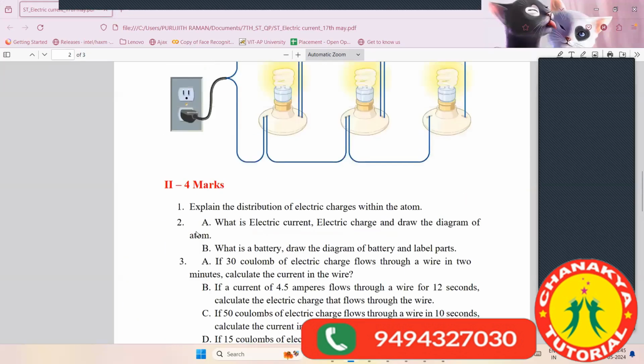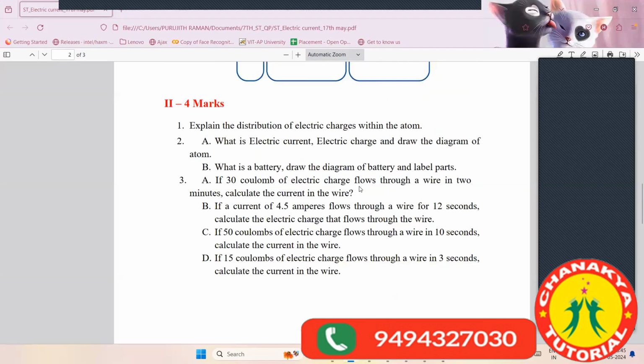So, coming to the third one. If 30 coulomb of electric charge flows through the wire in 2 minutes, calculate the current in the wire. I think it's again a straightforward question. Yes, ma'am, I is equal to 0.25 amps. I have not prepared the answer sheet; I'll do it when I'm correcting. Many questions are very similar to the class. I don't want to make this subjective test a lot more stressful, so I have started with a very easy paper. It's very basic. Yes, Aishwarya, did you get it?